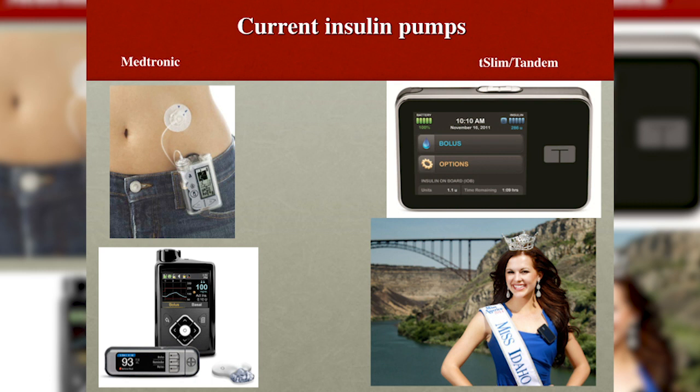This is a new Tandem or t:slim pump. This company is located in San Diego. It's a very small, fairly flat pump that is all touch screen and does not require any batteries. It's USB charged with any USB port, and you can see Miss Idaho is happy wearing this pump.